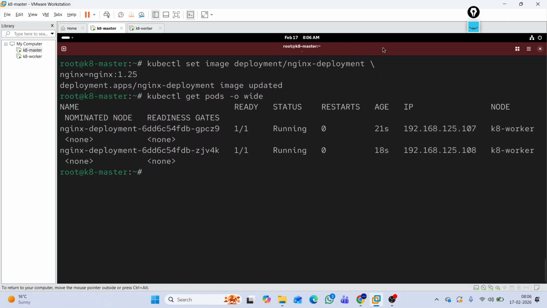So from here, maybe most of the time you cannot come to know. What you can do is describe the pod. By describing the pod, you come to know whether we are running the Docker image as nginx latest or whether we are running the 1.25 version. So you can run this command: kubectl describe pods and the pod name